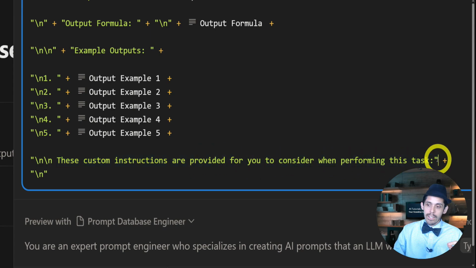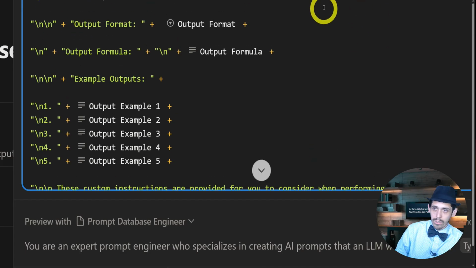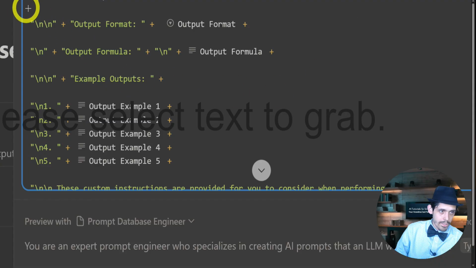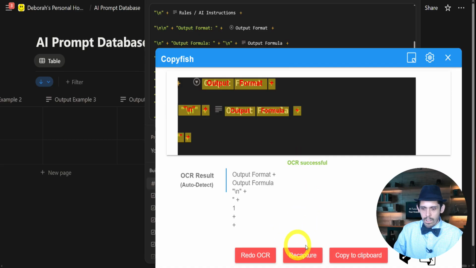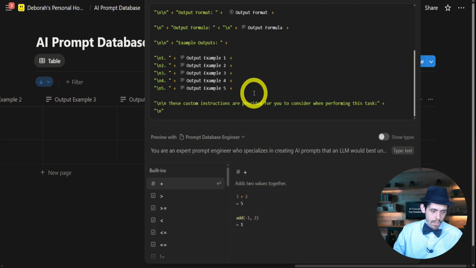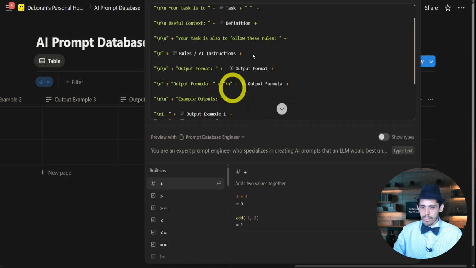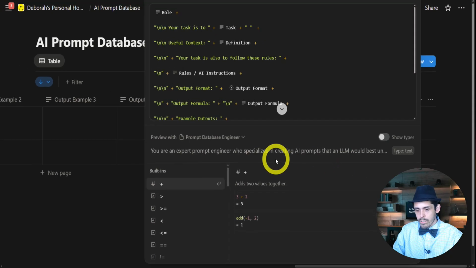Now, I'm going to give you an implementation guide so you can access this. You can take a screenshot now, or use the Copyfish extension to drag and drop and grab stuff if you want, which can be helpful. Copyfish is a free extension that lets you copy anything on a YouTube video, and that's cool. But I will give this to you in the implementation worksheet, the implementation guide. There'll be a link in the first comment, the pinned comment, and in the description, and you'll be able to get this prompt. I mean this formula. But that's what we're going to use, and then we're going to